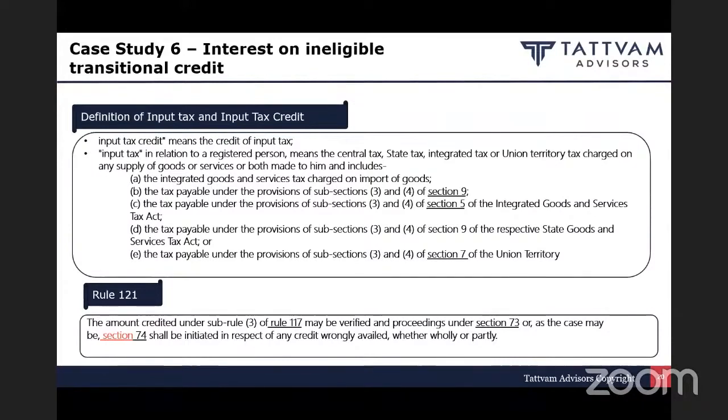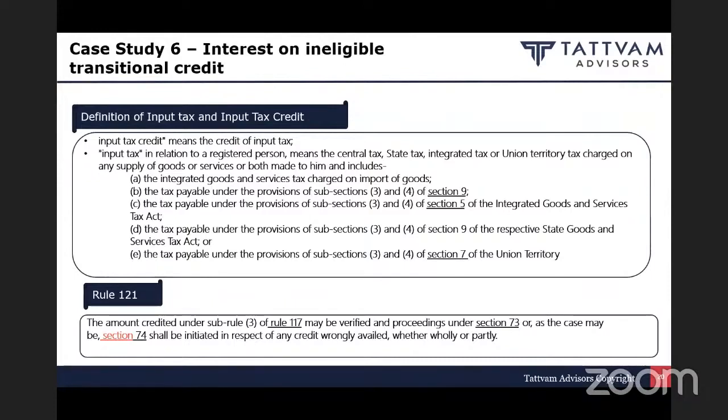They are analyzing all the sections and then coming out with a demand that this is not the correct credit which has to be carried forward. Now, suppose I carried forward 1 crore rupees of transitional credit, out of which 30 lakh is wrong. I have to surrender back this 30 lakh rupees. So whenever you get an SCN, the SCN says, surrender back this 30 lakh rupees along with